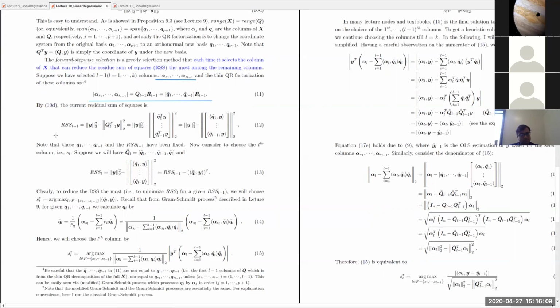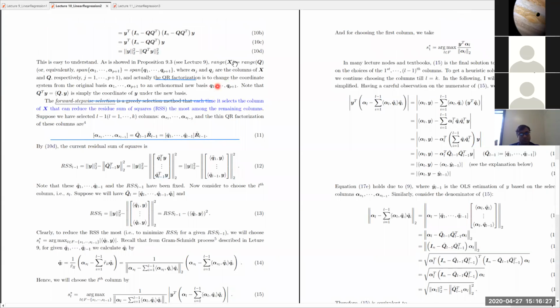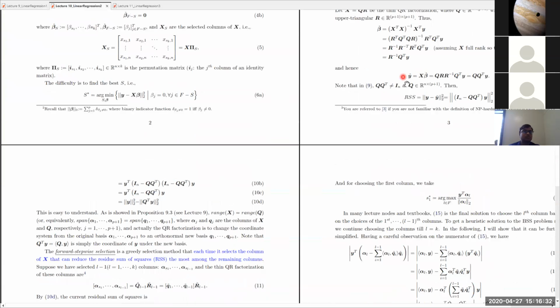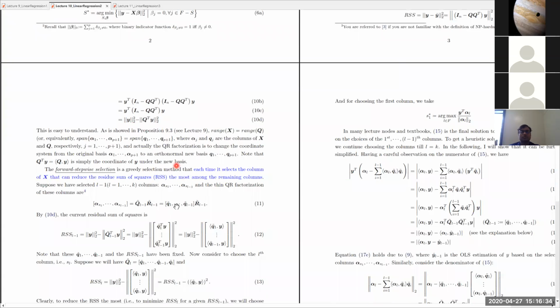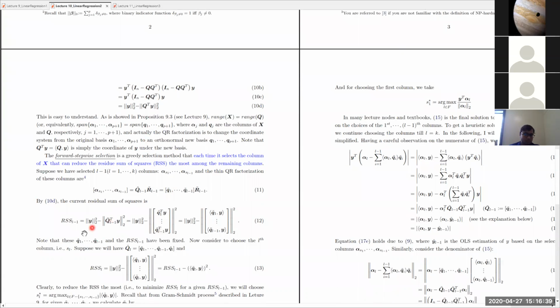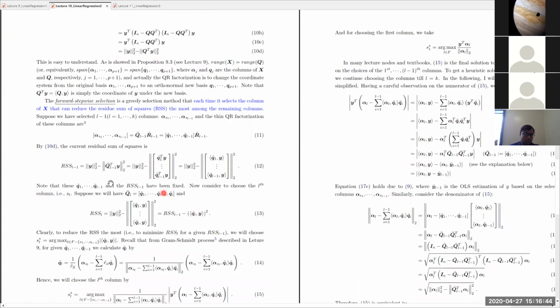Okay, now let's have a look. The current RSS is what? My current RSS, because I have already had this Q tilde L-1 and R tilde L-1, right? So this equals to this. Whatever, clear all. Because of this formulation, this is the RSS formulation. I plug in, where this Q is actually the Q tilde L-1. Okay, I'll plug it inside and I get this. This is the formulation of my RSS